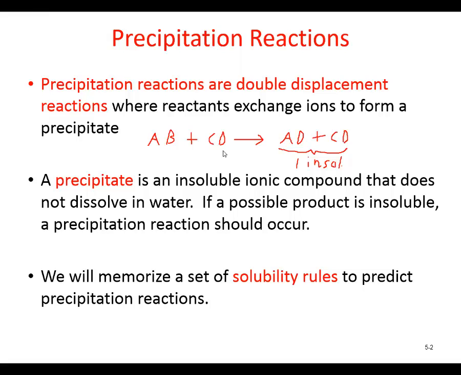If you have very strong attractions between the cations and anions, sometimes that can result in precipitates forming. For example, if I have very large charges on my cations and anions, that may favor precipitate formation. Or if I have very small ions that can approach closely to one another, that can produce precipitates. So if you get highly charged species that are very small in their radius, very small in their size, that